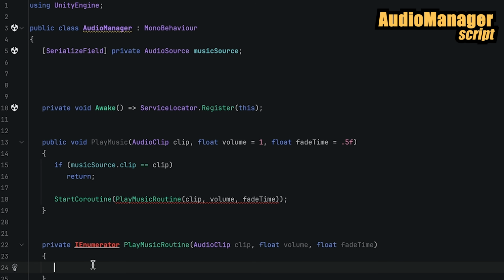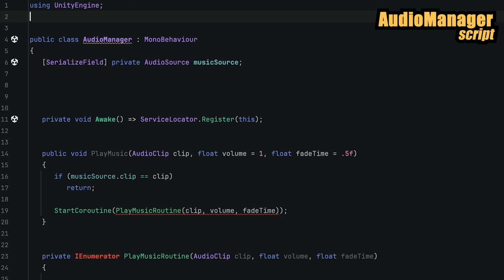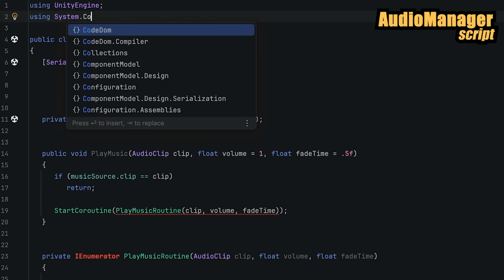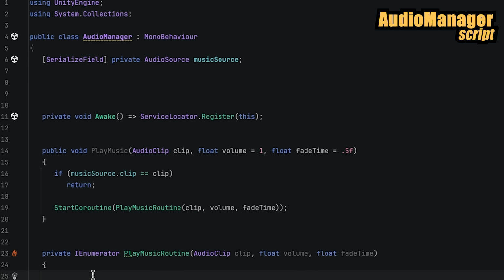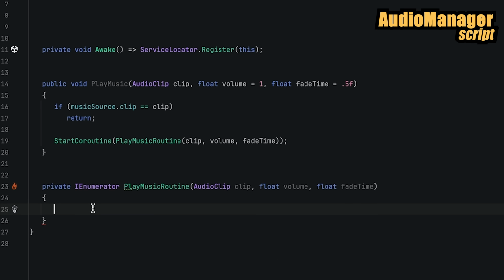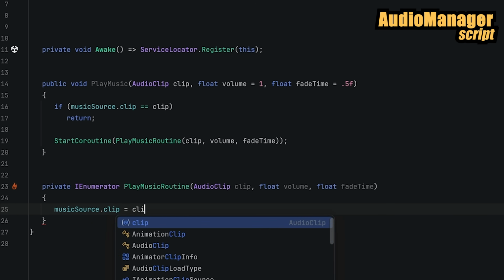Now in order for our script to know what to do with the IEnumerator here, we're going to need to add the namespace using System.Collections. Now eventually we'll add all of our fade logic here, but for now let's just do a test so we can get this working. So whenever this is called, we just want to set our music source's clip to be